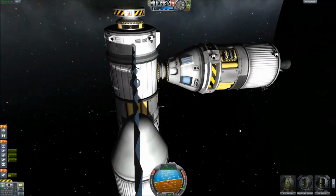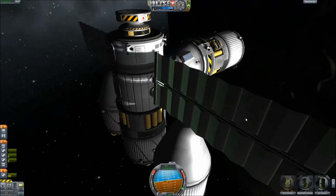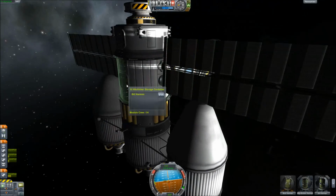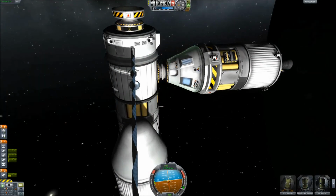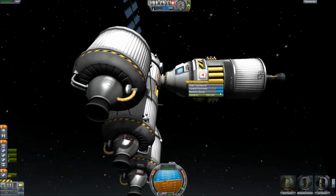Let's see. How many people do I have in here? Hatch. Just have Bill in there. I'll have Bill do his EVA in short order. Alright, so first things first, let's get crew hatch, because you can fit 4 people in that. Alright, so let's get Bob out first. Bob can be the first. EVA'd